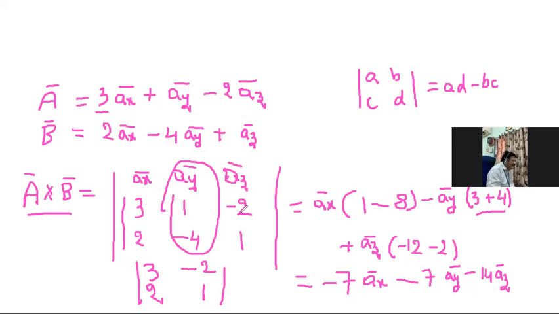If you take plus Ay, then the starting elements you have to take this one. That is confusing, so please take this one. While you are calculating the determinant, you take minus Ay into, skip this one and take the determinant of these two, that is 3 into 1 plus minus 2 into -2, that is 4, plus 4 you get. Still, if you have any doubt regarding this one, you can